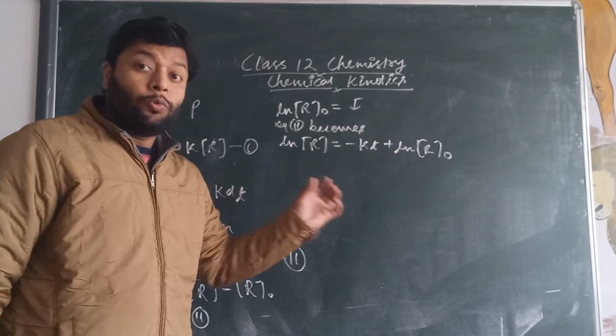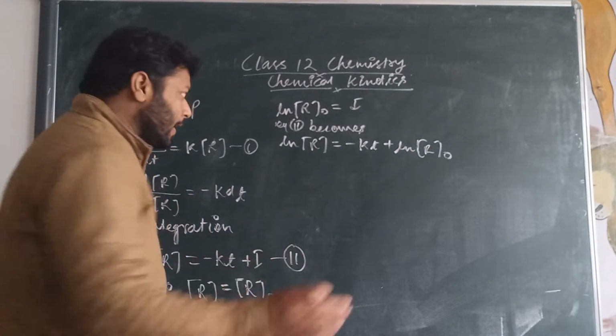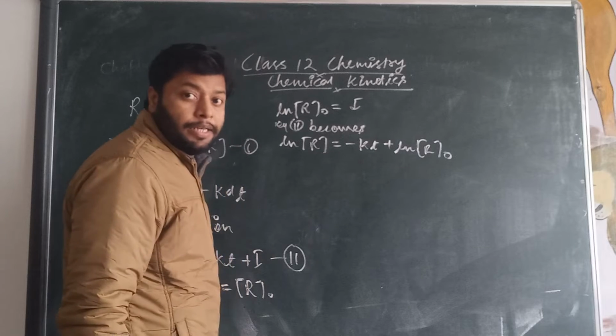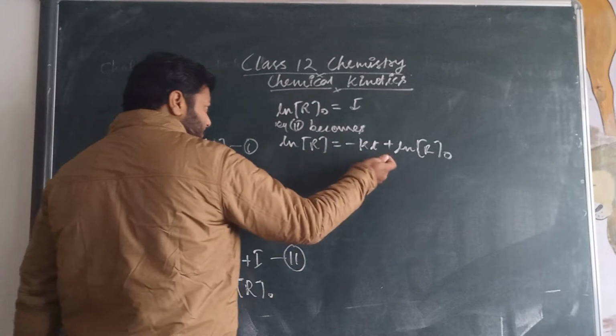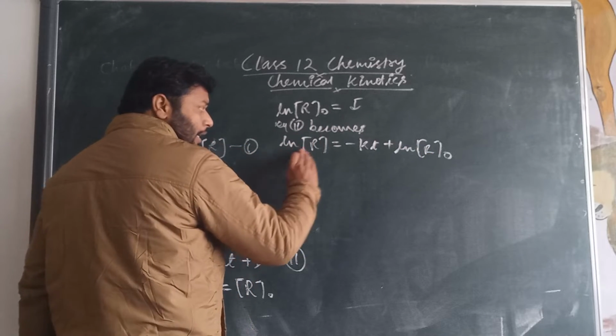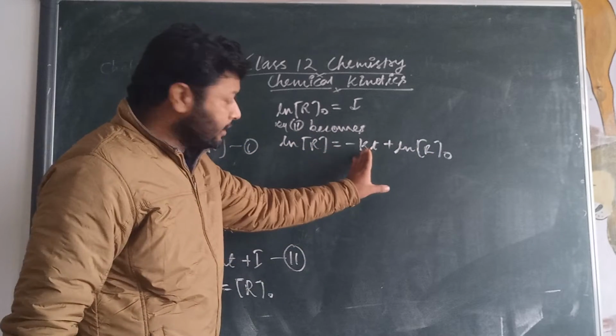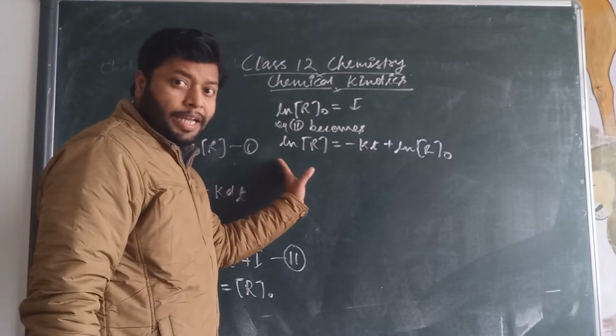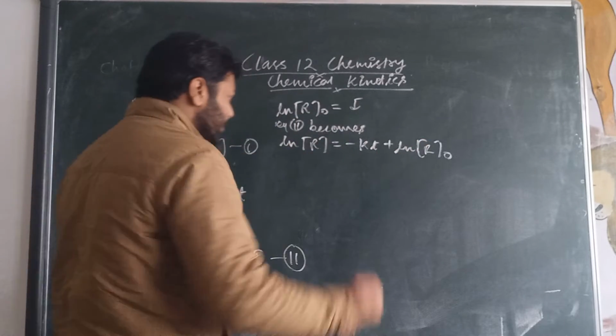On rearranging we can get the actual value. So rearrange it. On rearranging, ln R0 will come to this side, and minus kt will be on this side and ln R will be on this side. So it will become like